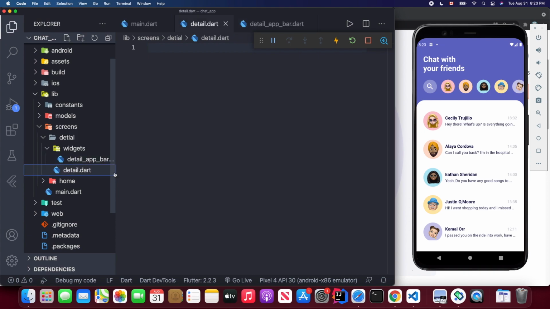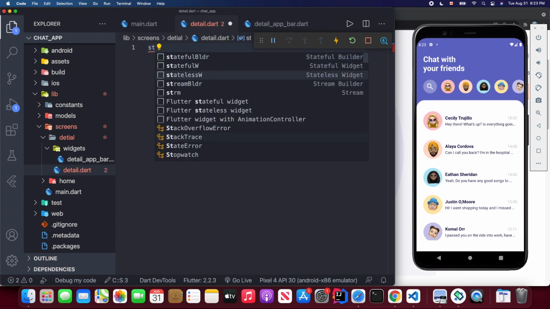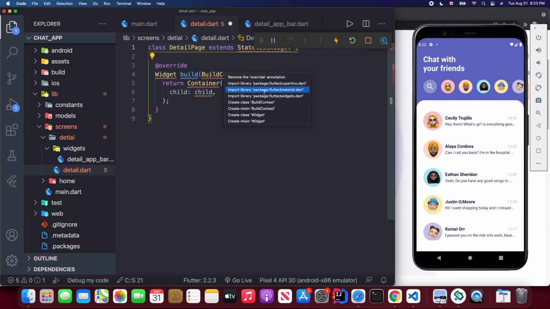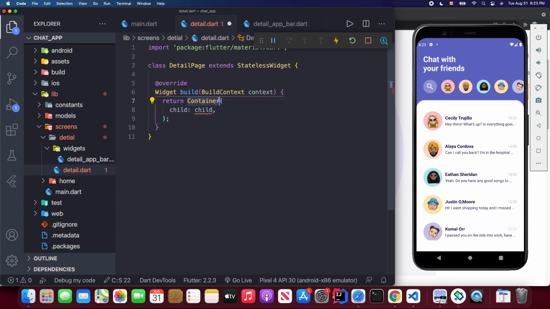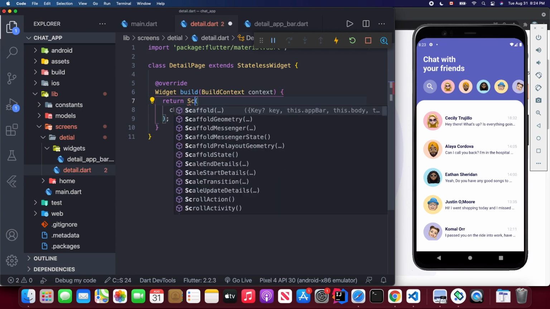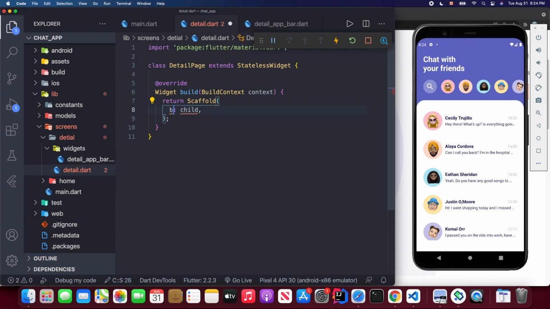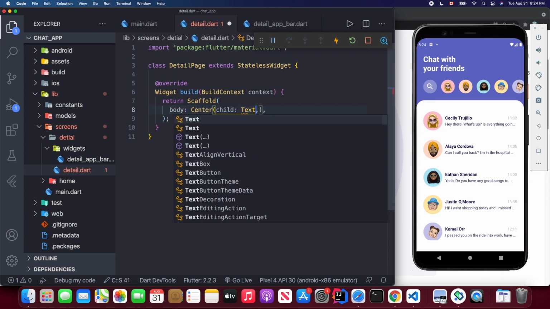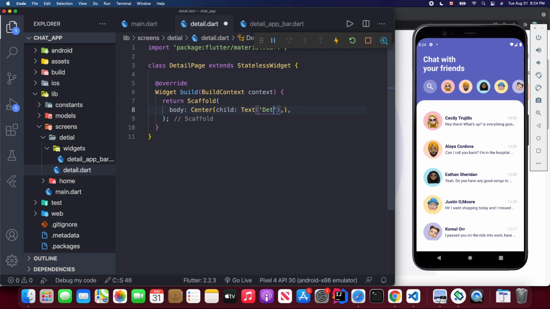Alright, so we're going to create this detail page first. It should be a stateless widget, and I'm going to call it DetailPage. I'll remove this constructor for now and import a library. Here I'm going to place this container with our scaffold widget and implement the body attribute. Here I just give a placeholder which shows this is our detail page,